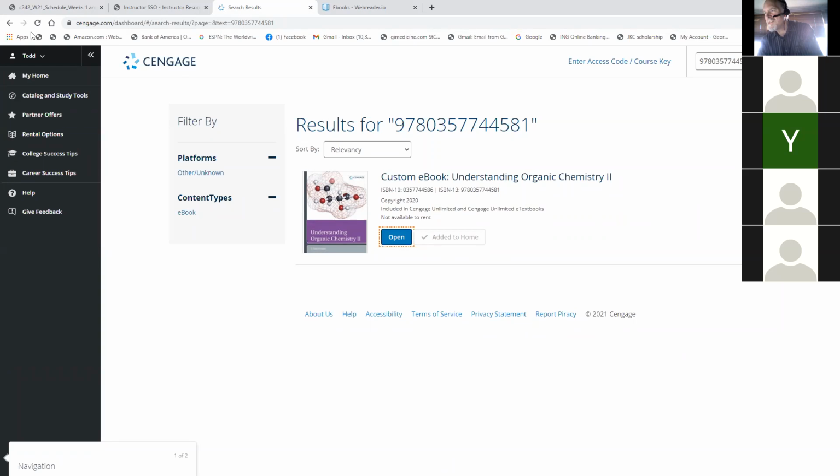The problem with me was that it wouldn't show the open button, it would show upgrade, and so I ended up having to repurchase Cengage Unlimited. What? And apparently it's not on 24 months anymore, it's on 4 months. What? So that way I ended up getting it and I ended up seeing that open page, but it was a little bit more than $100 to do that. That hurts to hear. It shouldn't have happened.